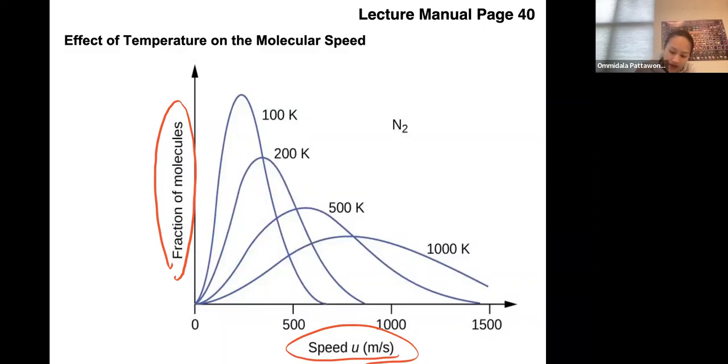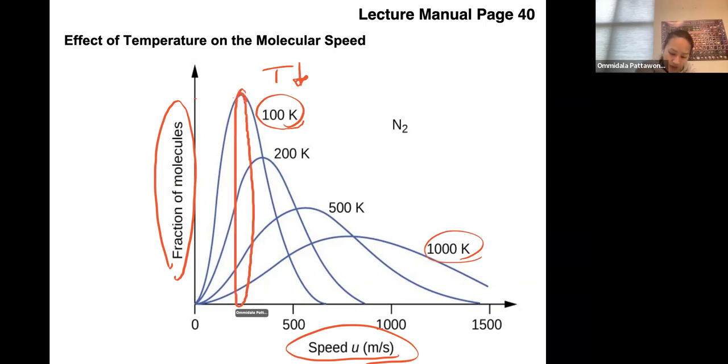So if you're looking at, let's say, 100 Kelvin versus 1000, you can see that at lower temperature, more molecules, right? So this is the number of molecules. You observe that most molecules are going to travel around this certain speed at lower temperature. At a higher temperature, you will see that the majority of molecules are going to travel at this speed. And if you compare those two speeds, you will see that at lower temperature, molecules are going to travel